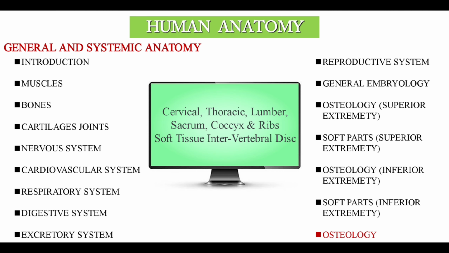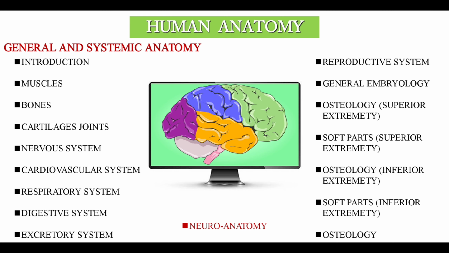And last but not the least, neuroanatomy, which we have to study in detail with applied and clinical aspects, with demonstration of brain and spinal cord, sulci and various areas of cerebral hemisphere, pons and medulla, spinal cord with ascending and descending tracts in detail, clinical application of knowledge of the tracts, autonomic nervous system, nervous control of urinary bladder and bladder dysfunctions, cranial nerves. Now human anatomy is almost complete.